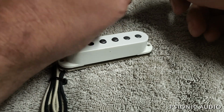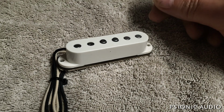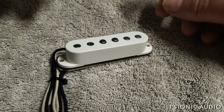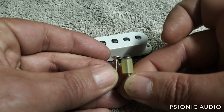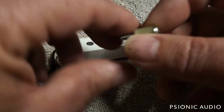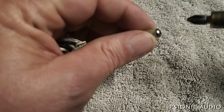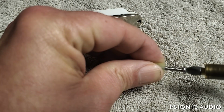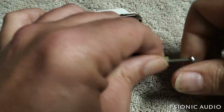I may use these surgical tubing mounts rather than the spring mounts I had before. Can make for a quieter guitar, but here's the oval profile versus the pan head. This sits flusher on the pick guard. Anyway, I'll get these. Let's see how easily the surgical tubing comes off. Sometimes this is the bane of my existence. All right, no big whoop. Okay, good. I think I'll be using the surgical tubing